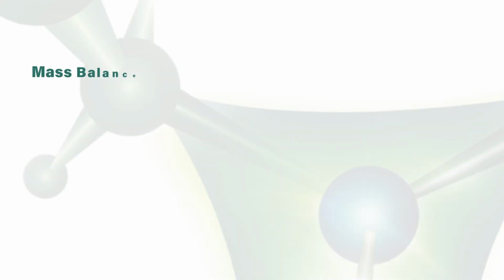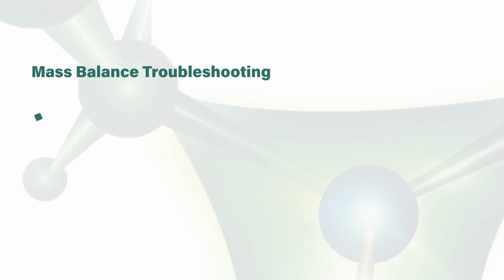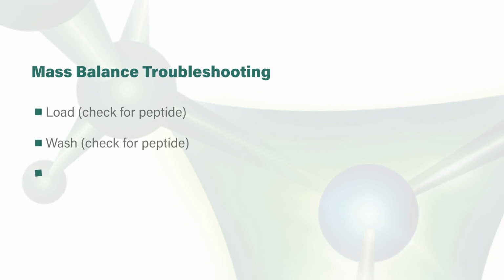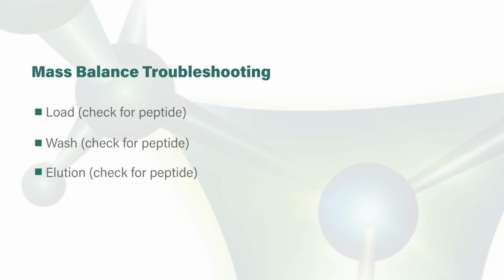In the final part of this series, I'd like to talk to you about some steps you can take if you find the recovery of your peptide solid phase extraction method is low or not reproducible. There are a few key considerations to keep in mind if you run into trouble. One of the keys to troubleshooting when developing any solid phase extraction method is doing a mass balance. What this really means is collecting your load step, wash, and elution steps, and just doing a simple, qualitative check to see if any of your peptide is breaking through in a step you're hoping it won't.